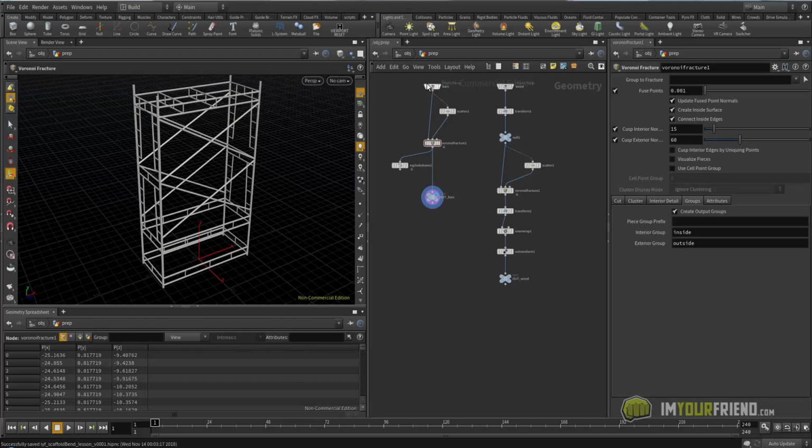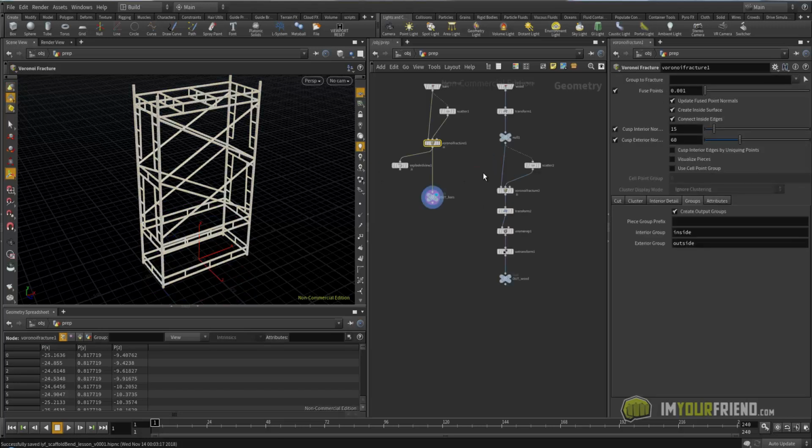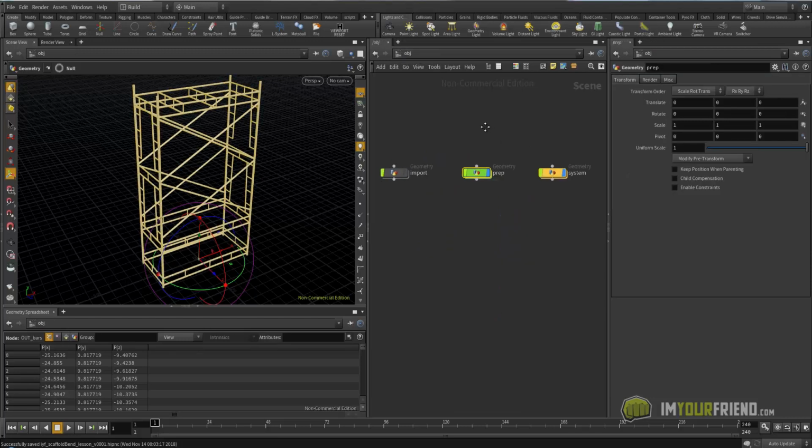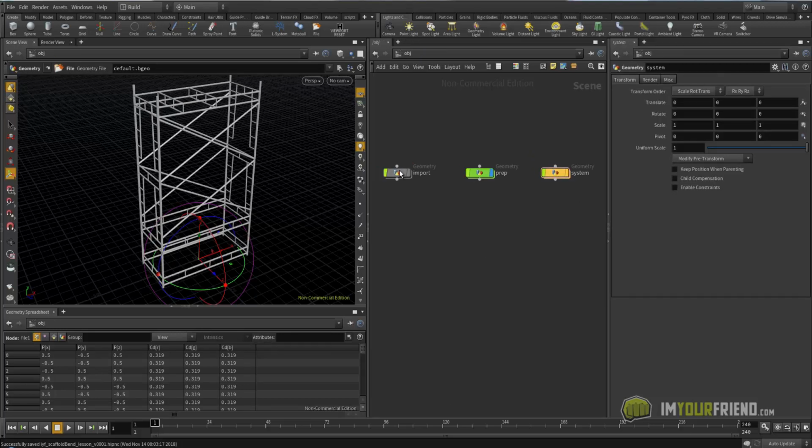Go back out one. All right, so that is the first step to prep the scaffolding. So we've imported it, we've prepped it nice and appropriately. Now the next part is going into the system, importing it, and then just starting to build the dynamics. Cool. So that's the end of this. This is probably going to go too long. I want to keep these videos as short as possible. So I'll see you in step 2.